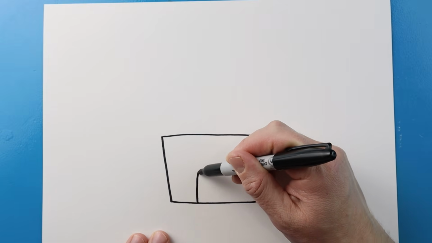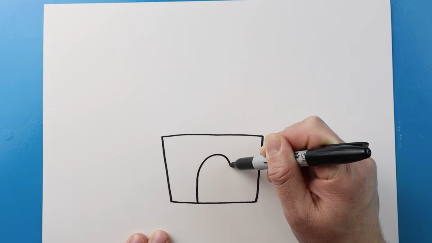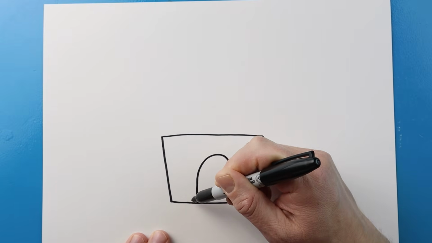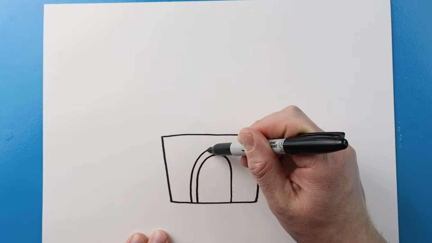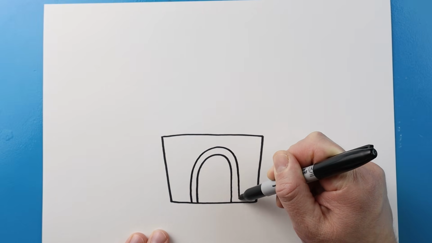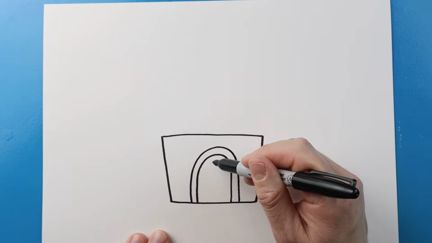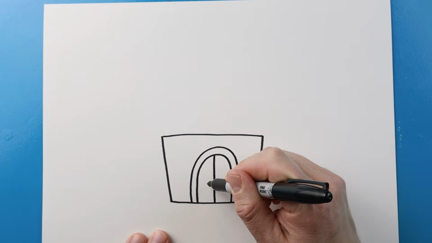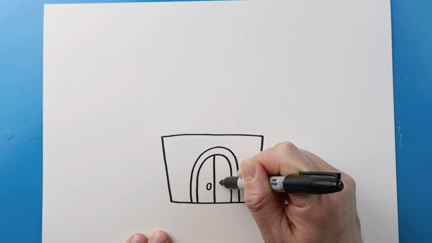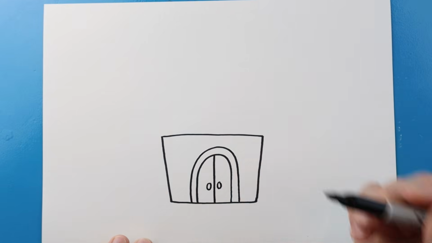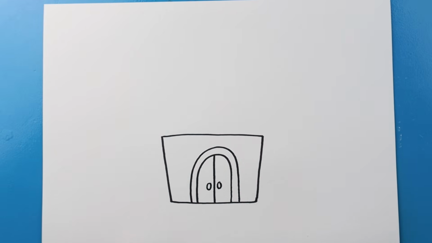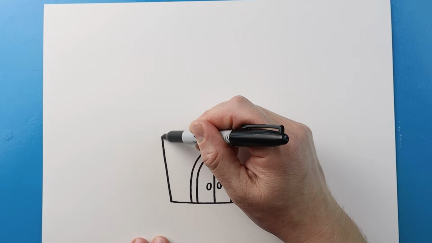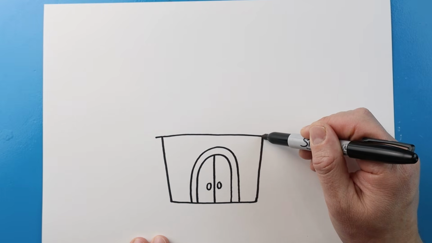For the door, let's make a big upside down U shape and then a second upside down U shape right around it. We'll put a line right down the middle and a little oval shape on each side of that line. Let's make this line a little bit longer,